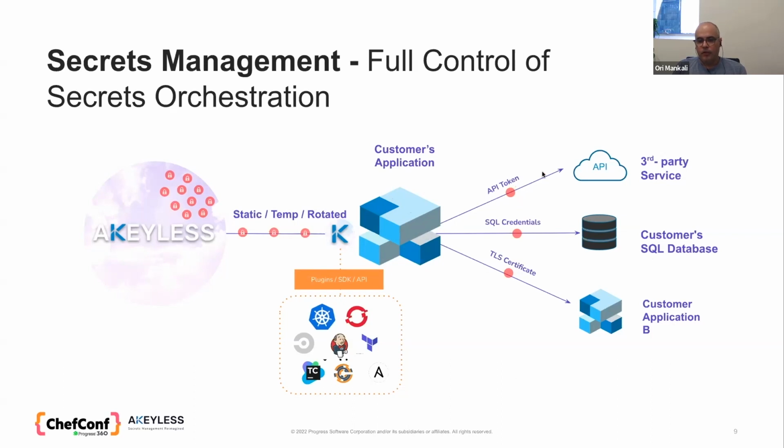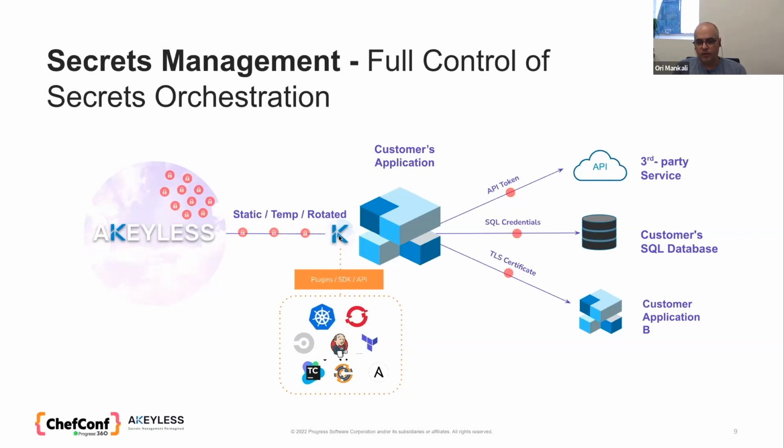For this kind of communication, they need different kinds of credentials: API tokens, SQL credentials, TLS certificates, etc. And this application needs access to that at runtime, while this application is running. So what we see here is basically an integration. It can be an SDK or a RESTful API or a CLI or plugin, it doesn't matter, but some kind of interface